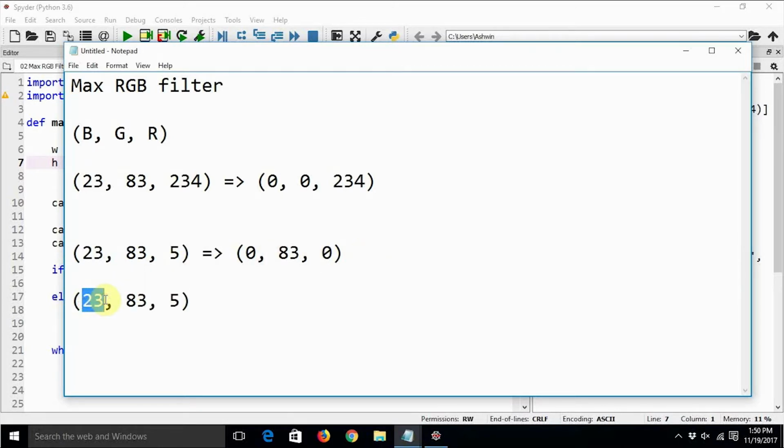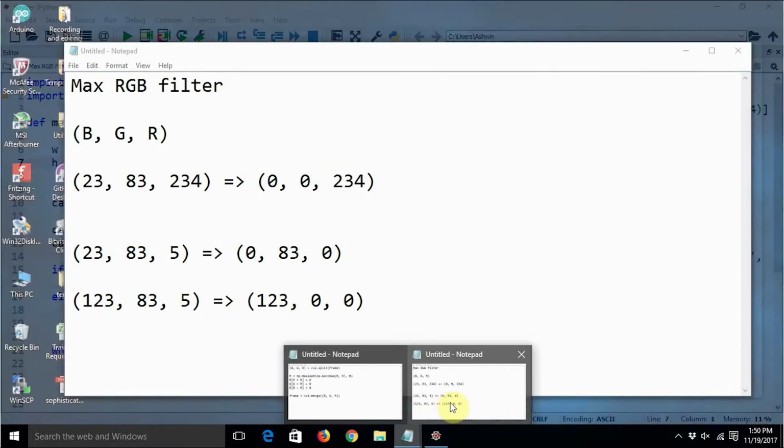If the blue channel is, say, 123, then the output will be something like this. This is known as the max RGB filter. Whatever may be the maximum value of the channel for a particular pixel, only that value is going to be displayed in the output image, and the rest of the values will be converted to 0.